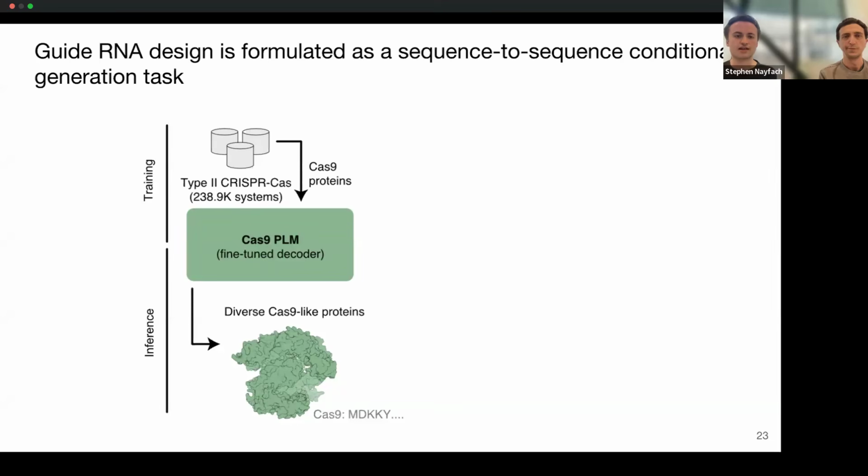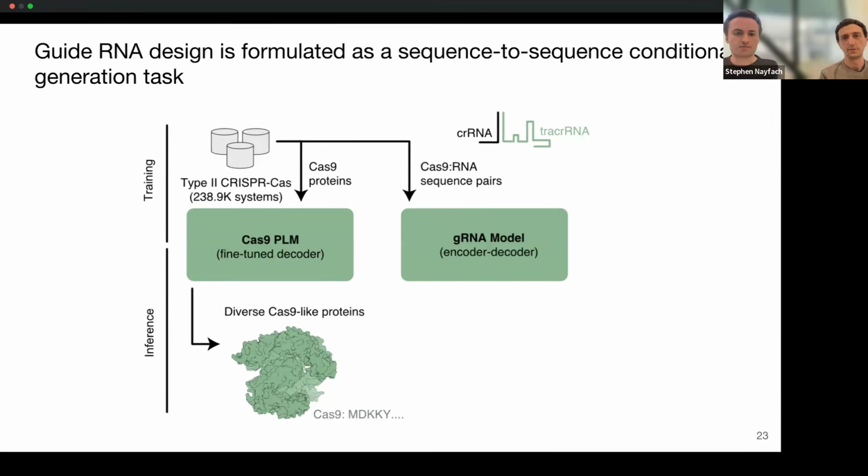Okay, so we can generate Cas9 proteins that look realistic. We can repeat this process to generate large libraries of these Cas9-like proteins that we can look within to find functional proteins that we might want to test in the lab. But of course, as we deviate further from nature, we run into problems with trying to test these because we need a guide RNA. So to address this problem, we trained a separate model where here the goal is to